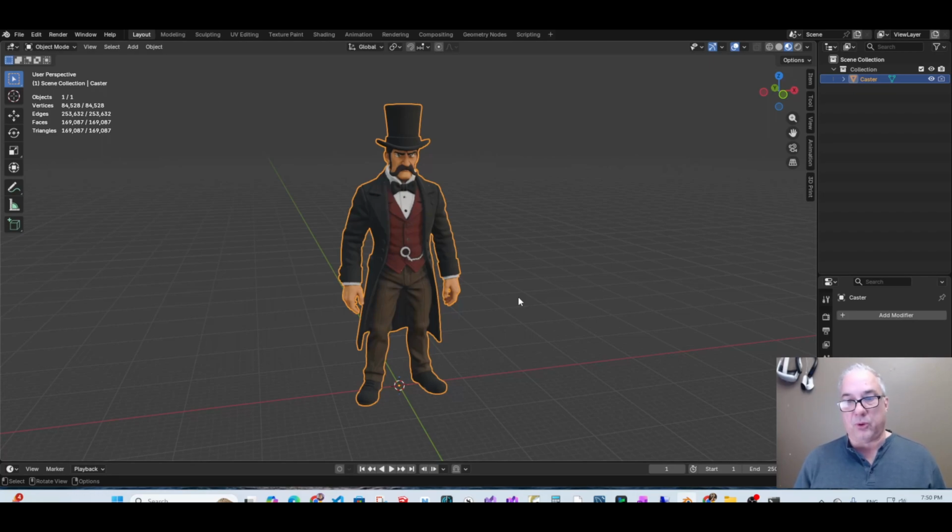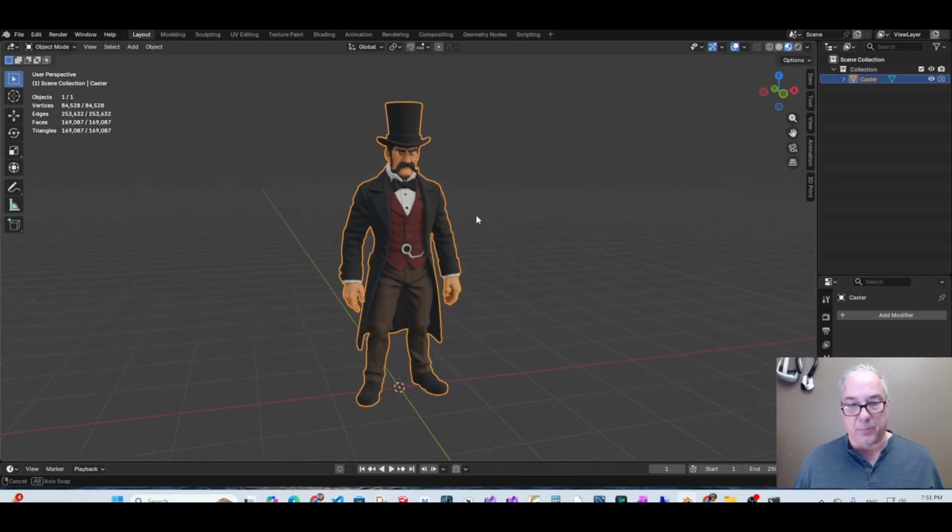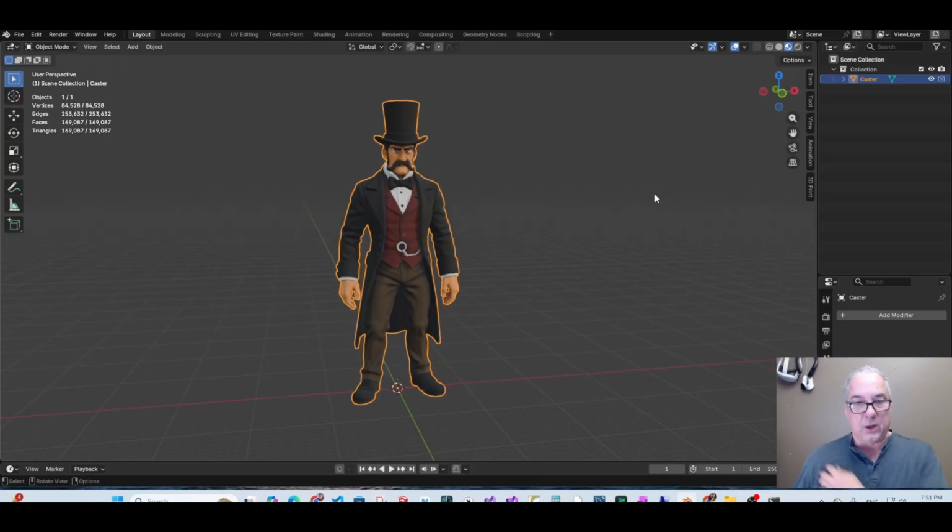So what I want to do is make sure that when I prep these models and I export them from Blender, when I import them into my 3D printing program, they're already set to the right size so that when printed, they will look correct on my table with the other miniatures that I have. So this guy has already been tested and printed so that I know he is the right height for about 33